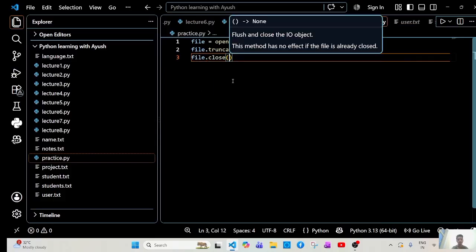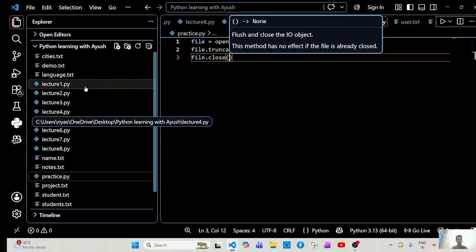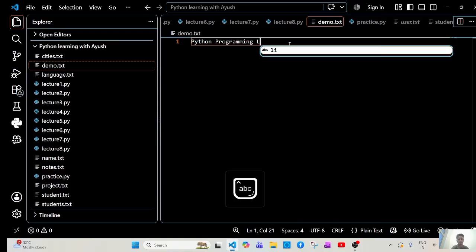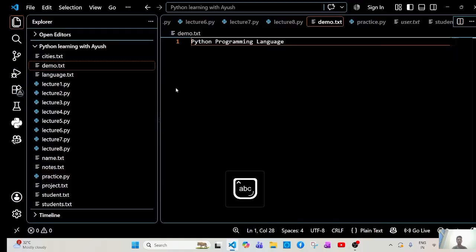And if demo.txt contains "Python programming language",